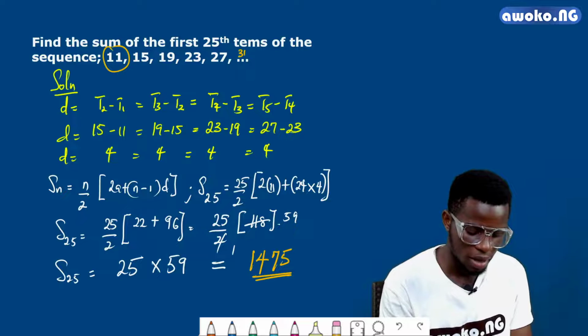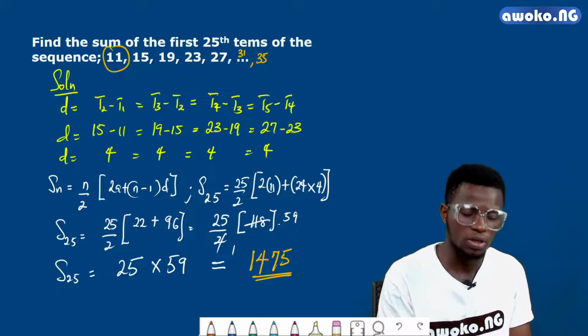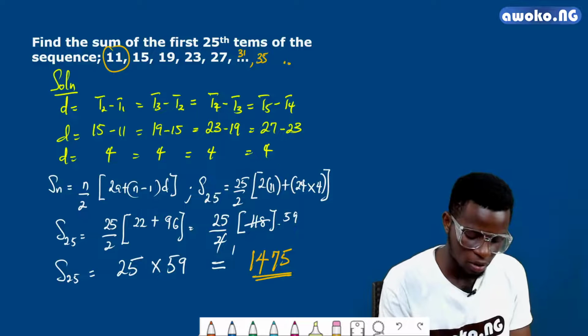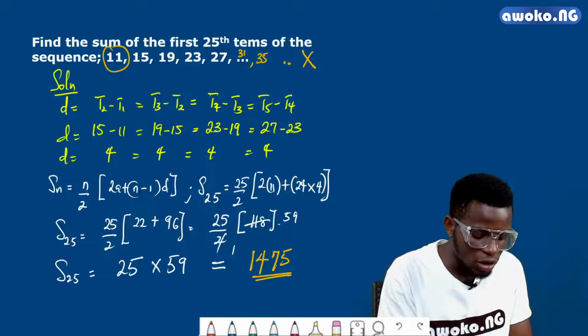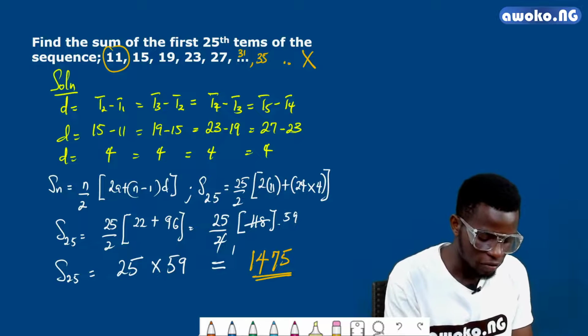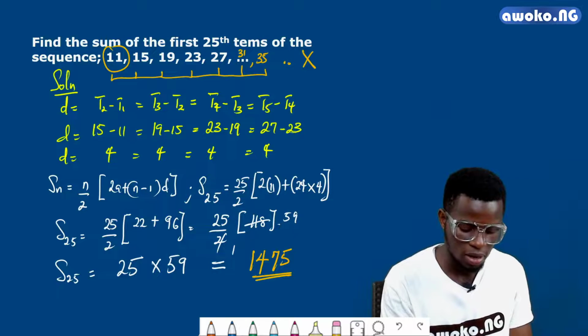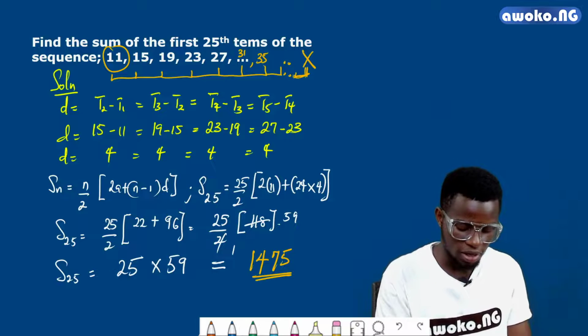The implication of this is, if you keep adding 4 to this sequence, if we continue, the next one will give us 31, the next one will give us 4 plus 31 is 35, and so on and so forth. If we continue till the 25th term, let's say the 25th term is x, and we decide to add all of them together, that is 11 plus 15 plus 19 plus 23 plus 27 plus 31 plus 35 plus and so on till you get to the 25th term. If you add everything together, it is going to give us